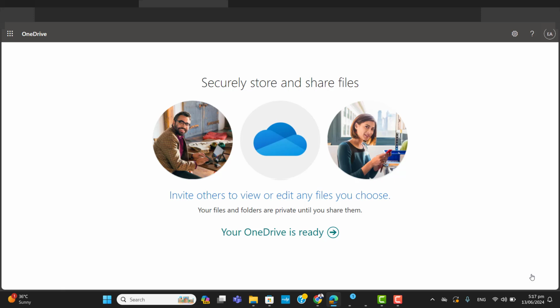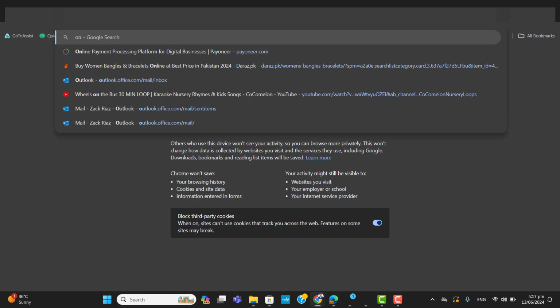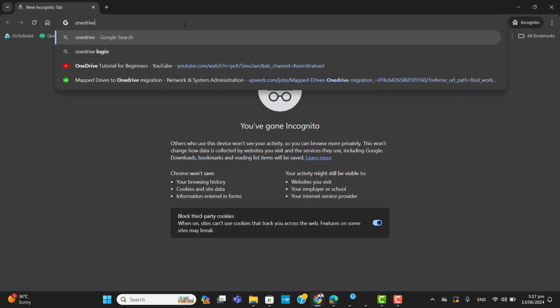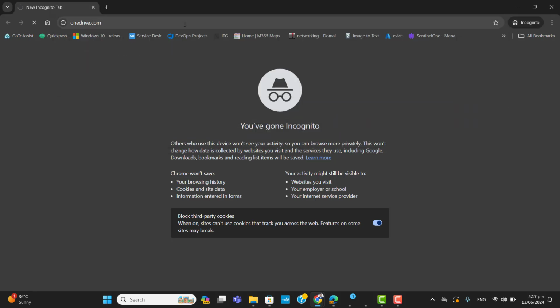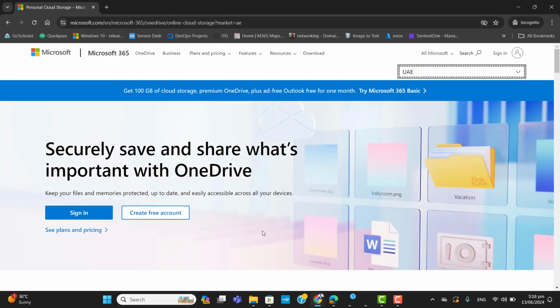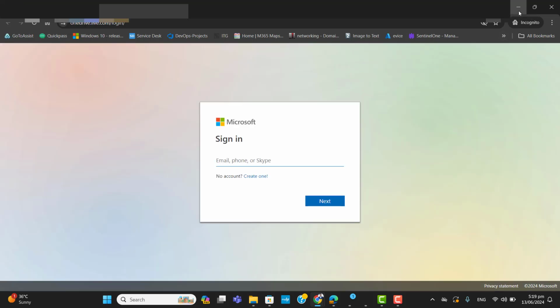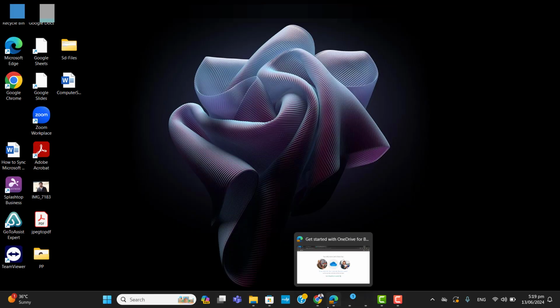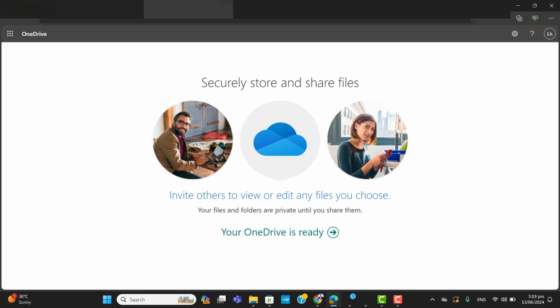So let's first see how you can even get OneDrive. To get OneDrive, you can go to OneDrive.com. I will paste this link in the video description. For sign in, you can click on the sign in button and you can get to your OneDrive by creating an account. But if you are already signed in to OneDrive, as I am already signed in,